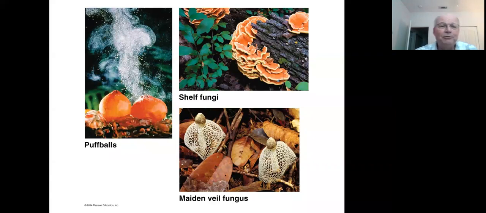Puffballs, well, if you've ever seen a puffball, you've probably kicked it to release the quote unquote dust. Well, that dust happens to be their spores, and you've done exactly what the puffball wants you to do. Release its reproductive spores into the environment so that they can reproduce again. The last one that we've got here in the diagram, the maiden veil fungus, is really interesting because this produces the same chemical